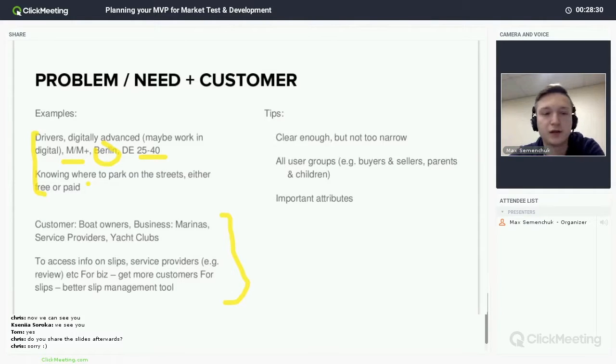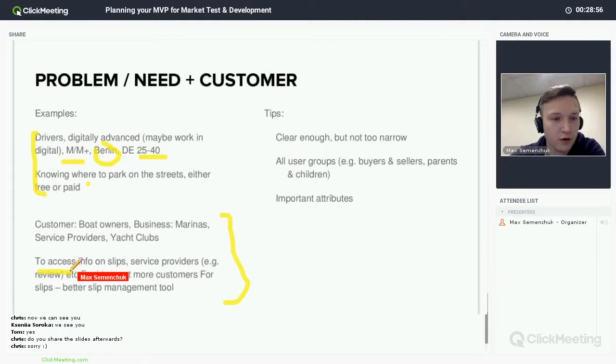We can call them either sellers or buyers, or sometimes parents and children. In this case, on the one side we have customers who are boat owners, and then we have businesses, for example marinas, yacht clubs, and service providers for boats. So there are 2 customers that we need to understand.